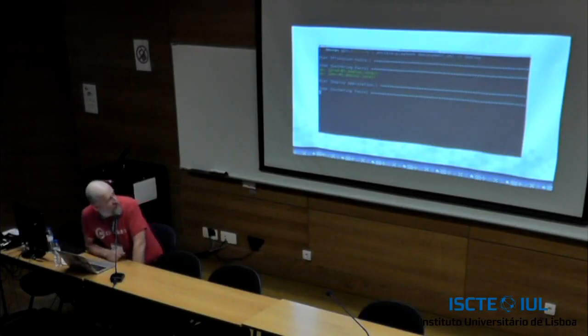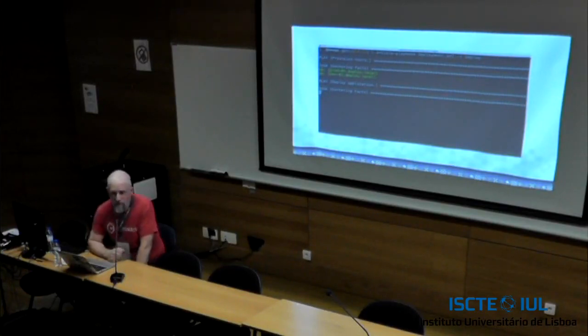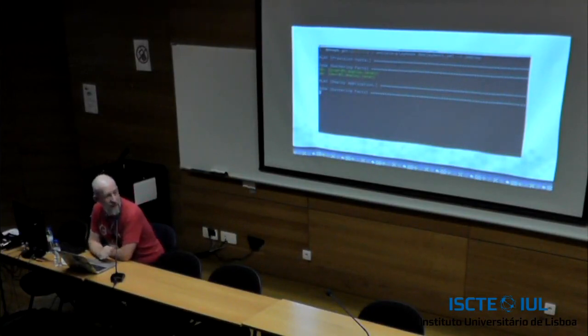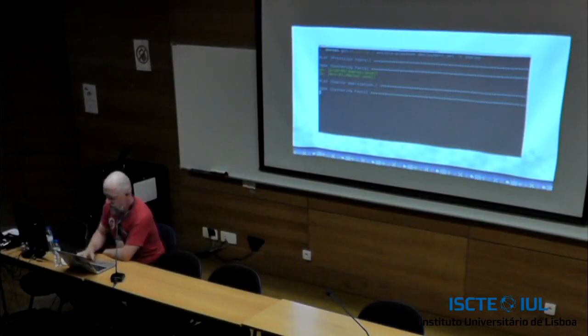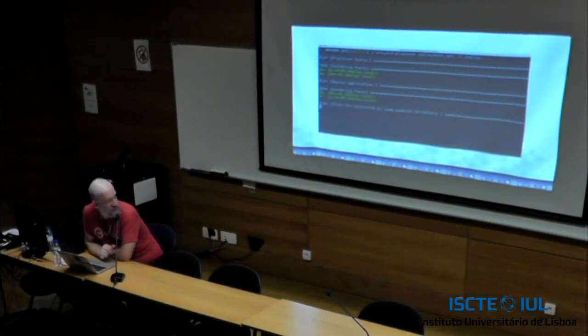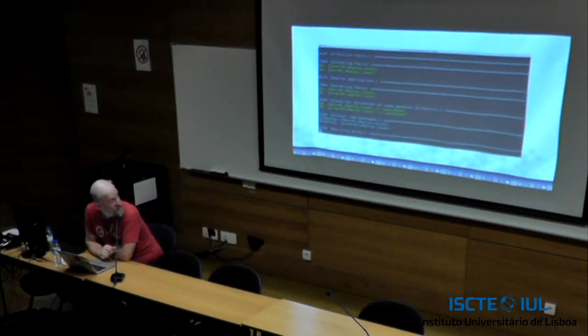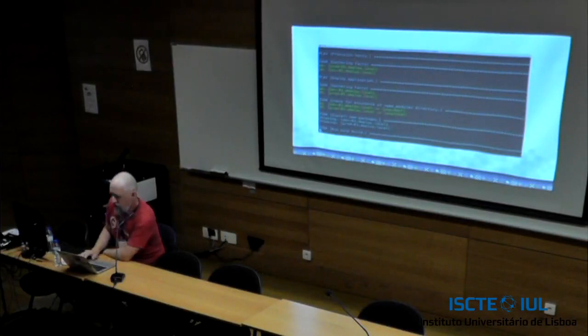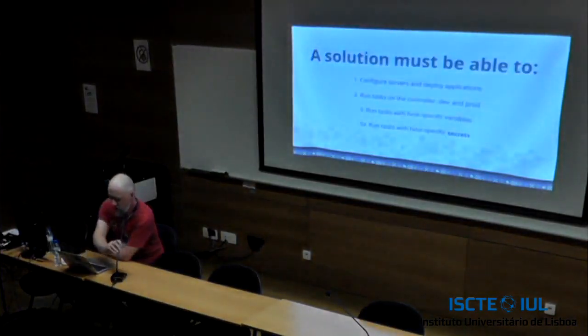Another thing that's worth paying attention to, because it becomes relevant in the next couple of slides, is that below that gathering facts line there are two different hosts. Those are both of the hosts that were in that list in the play. They're both shown. It's paying attention to both of them. And if I were to let this continue, it'll start running tasks on them. But we don't need to watch all the way through.